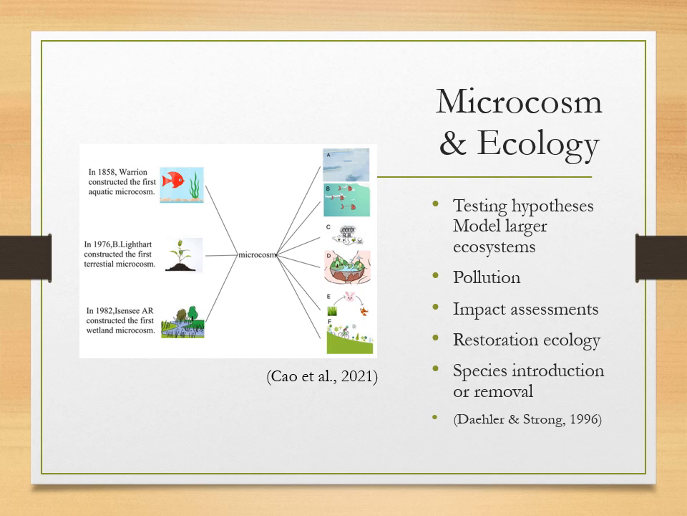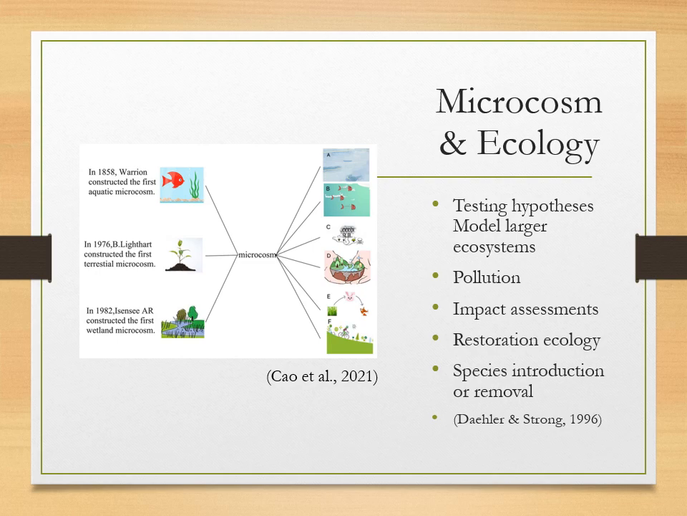Microcosms can better reflect the ecological effects of toxic substances like pesticides in a smaller, controlled environment. They help assess the ecological effects of human activities such as agricultural runoff, industrial pollution, or habitat fragmentation. They are also used to study the ecological effects of introducing or removing species, such as invasive species or key